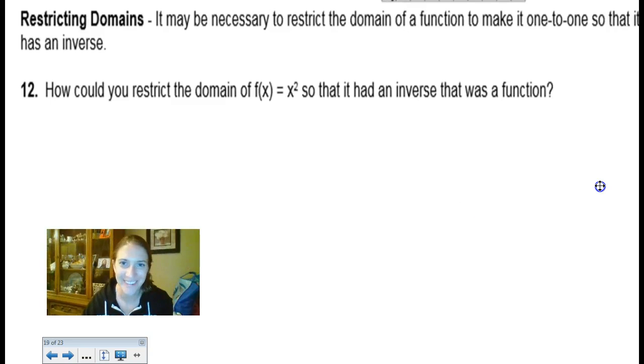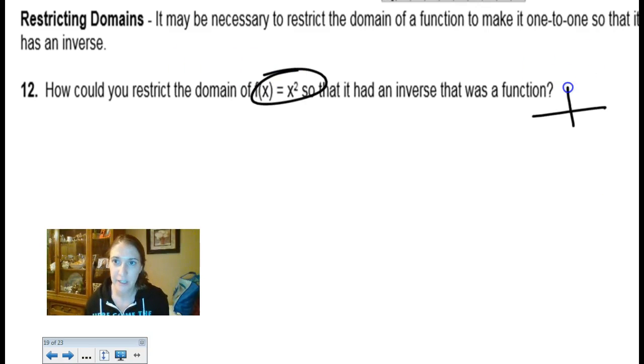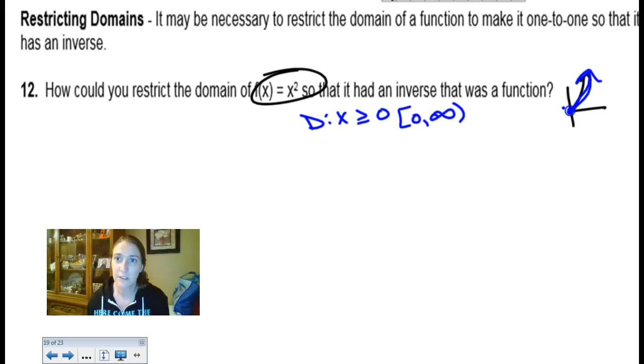Oh, good. All right, so this is what I was alluding to earlier in the lesson. We saw that anytime our original function was a quadratic function, it was not going to pass the horizontal line test, and therefore we could not find an inverse function. However, if we restricted the domain, so we were only looking at part of the quadratic function, we could find an inverse function. Like for instance, what if I only looked at from 0 on? What if I restricted the domain so that x's were greater than or equal to 0 only? Or you could write it in interval notation like this. If that was the case, I could totally find an inverse function for this guy